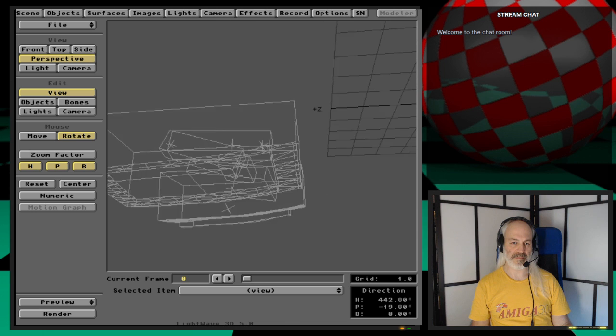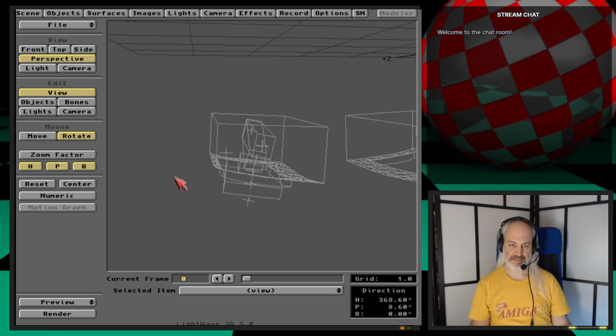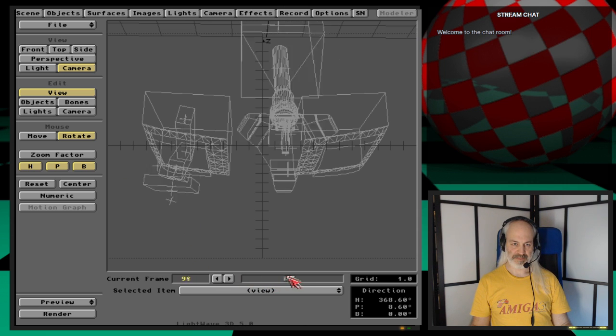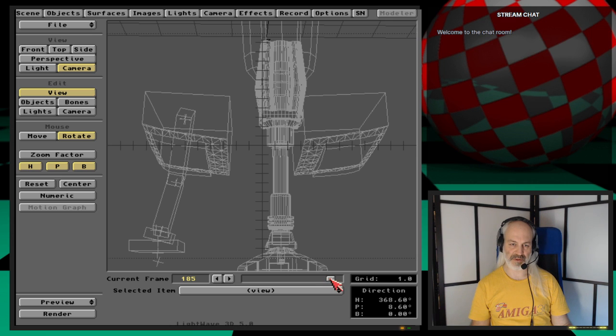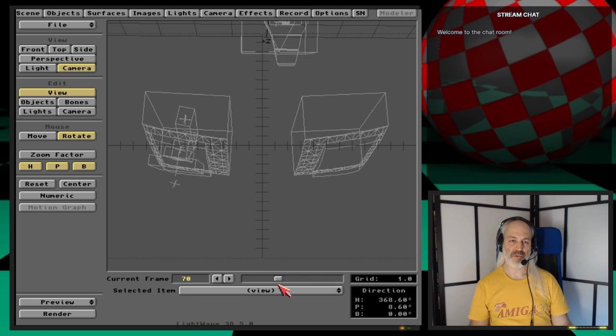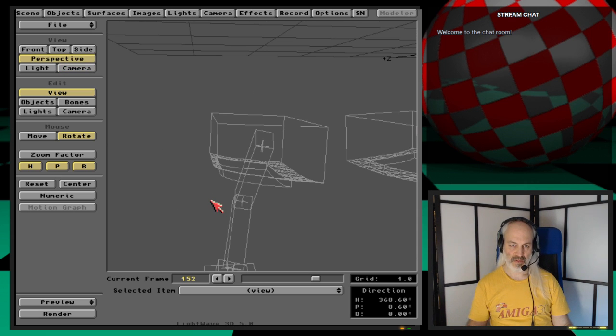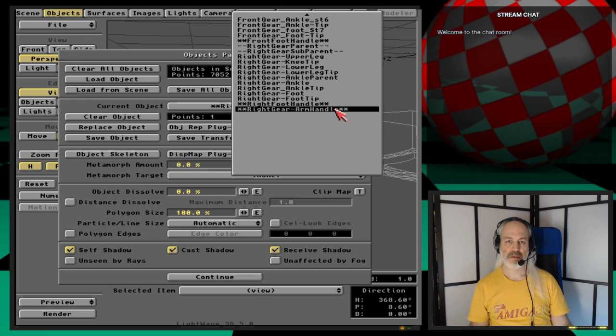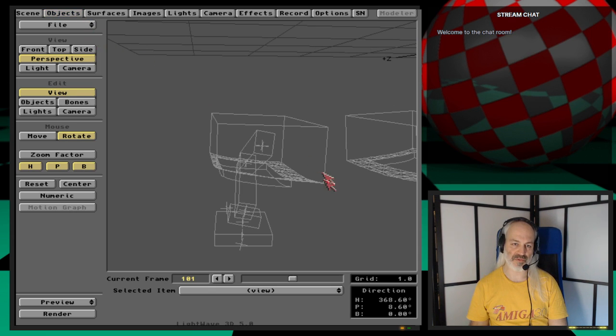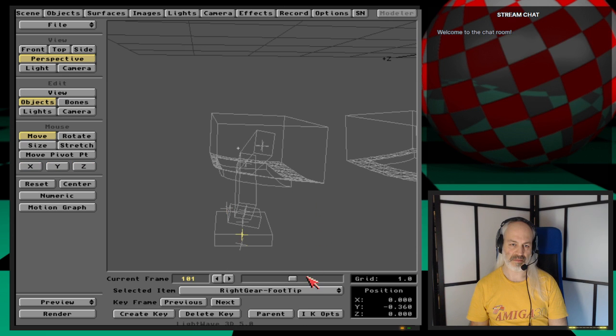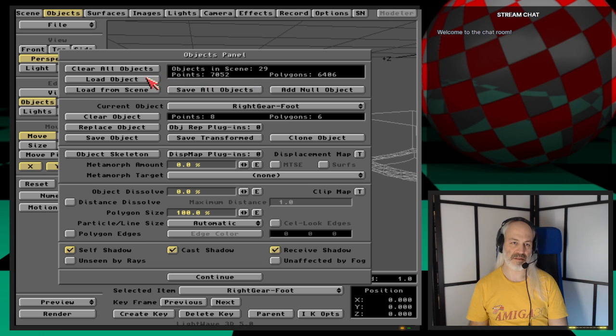So here I have the landing base, the rear landing base, and as you might have seen from the previous episode, we will be modeling according to these limits here. Okay, so let's see what we have to do here. For starters, let's say I would like to use the foot and the ankle from our previous episode. So I'll just see if they are fit to be used there. So there, right gear foot. So I'll just replace that